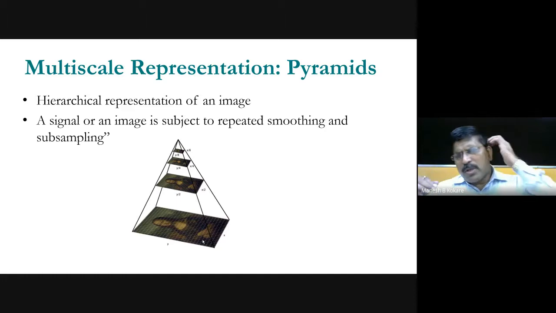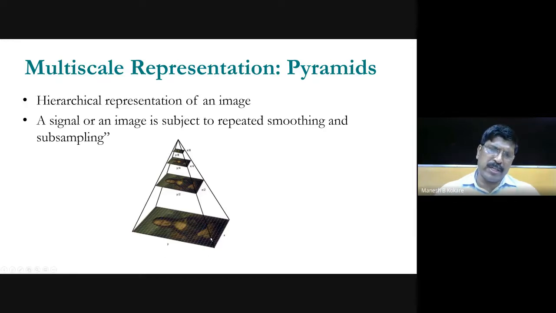Now, as I told you, multi-scale representation can be done by using a simple pyramid. For example, you have the original image like this, with X rows and Y columns. Now, if you decimate, or remove, alternate rows and columns, you get the second image representation, whose number of rows is x by 2 and number of columns is y by 2. Again, from this, if you remove alternate rows and columns, you get an image of x by 4 and y by 4.